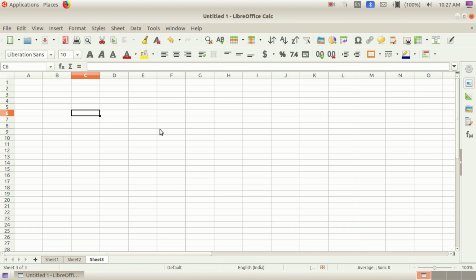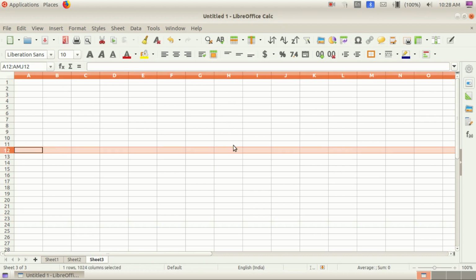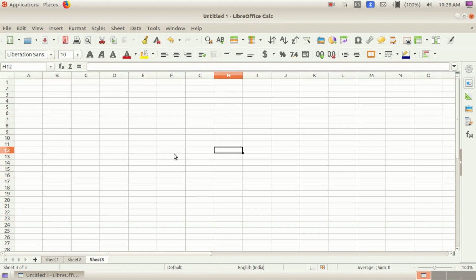Then here the given name of the row is 12. Where is 12? This is 12. After that H12. Where is H? We want to find it this way. This one is H. H12, isn't it, children? Then what is the name of the column here? Column is H. You want to complete that.